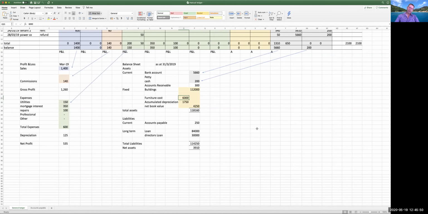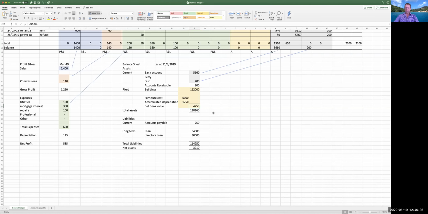We are seeing on the balance of the furniture asset account that we have spent £6,000 3 years ago on furniture. So the balance of the furniture account is showing on the balance sheet as £6,000. We have run depreciation every month, and we have accumulated, since we bought that furniture 14 months ago, I can see it up here, okay, we've accumulated 1750 of depreciation, which has reduced our value of that asset on our balance sheet by